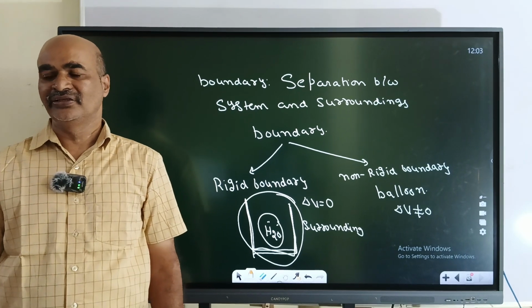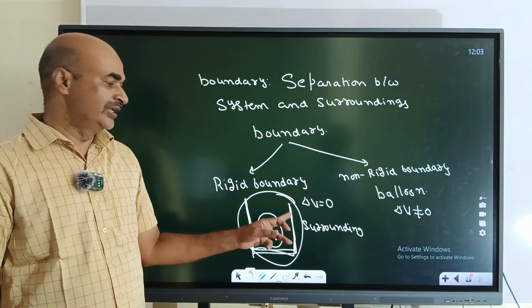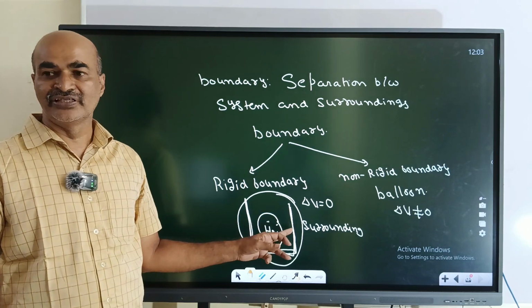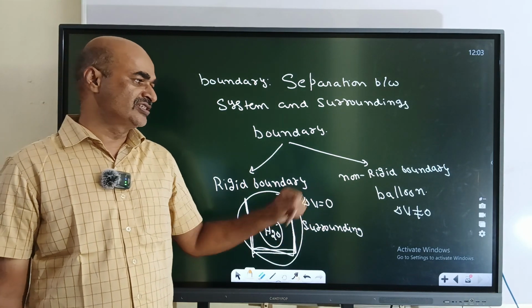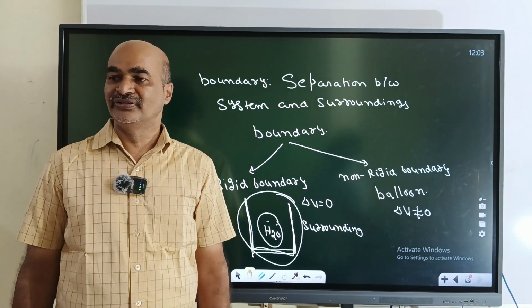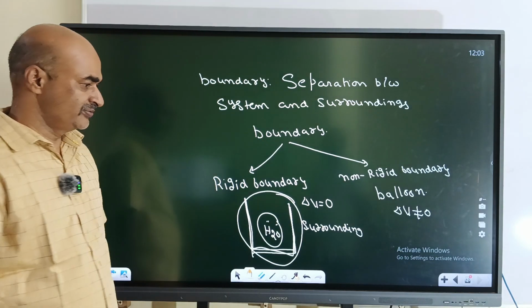Okay, rigid boundary and non-rigid boundary. Rigid boundary, for example, water taken in a vessel. A thick wall of the vessel separates system and surroundings. Delta V is equal to 0. A balloon is a non-rigid boundary. Next,